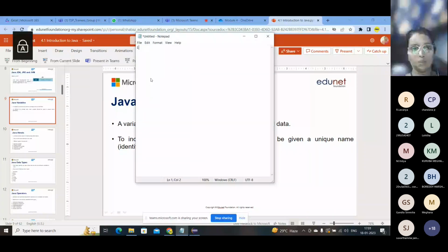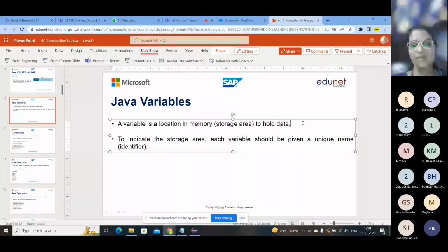Example, int a equal to 10. Okay, so for this, a is called a Java variable, so we will store some value for that. Okay, we'll give some unique name for that. So that is called a Java variable.